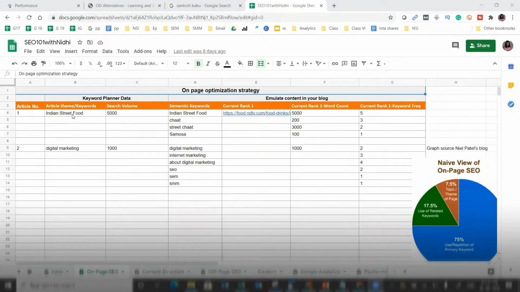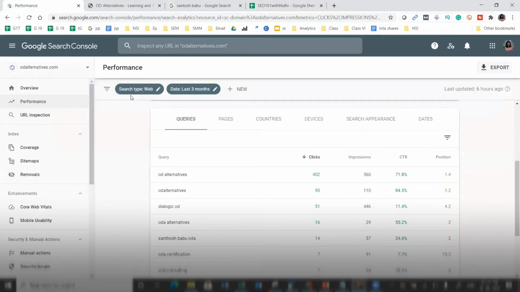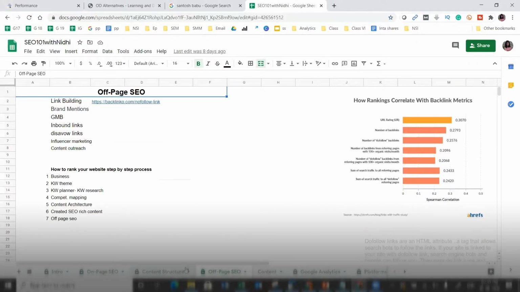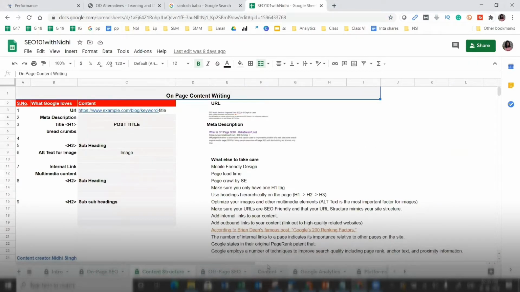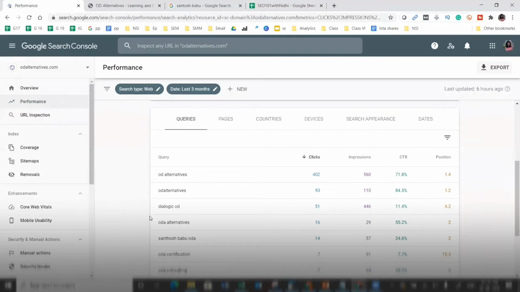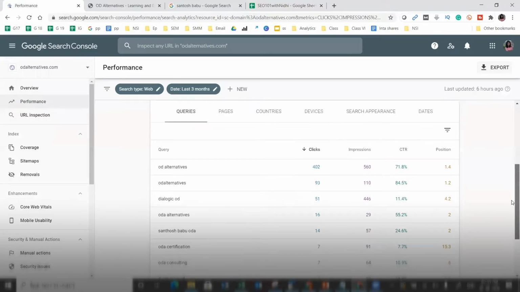Do you remember we did this keyword planner activity? We figured out what keywords we wish to rank for. I am trying to explain that the keyword research we did for writing content on our website, then my site starts ranking when I do off page activity and on page activity, follow all these rules, create a site structure, and post content in different types. When I do all of these activities, my site starts ranking for the queries that I intended to. So these are the queries that are now ranking for this particular business.